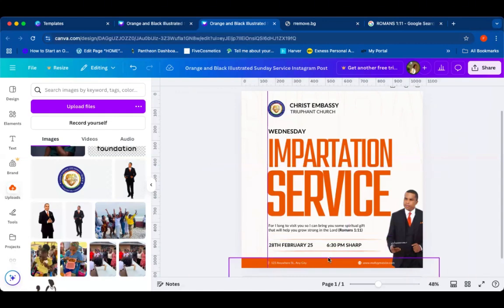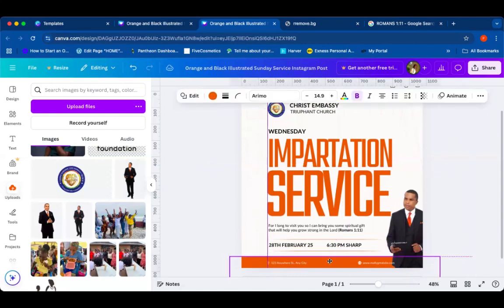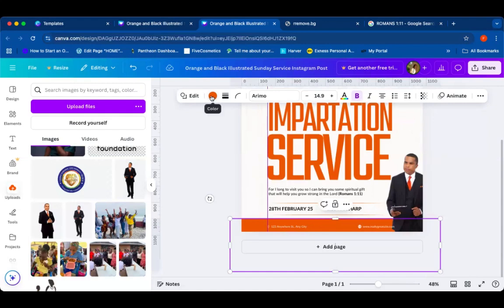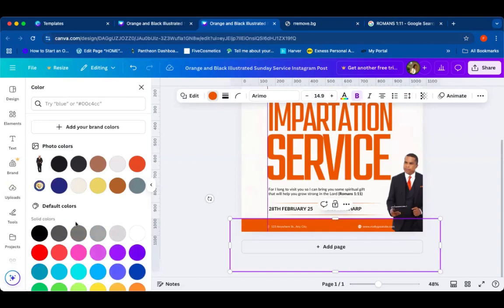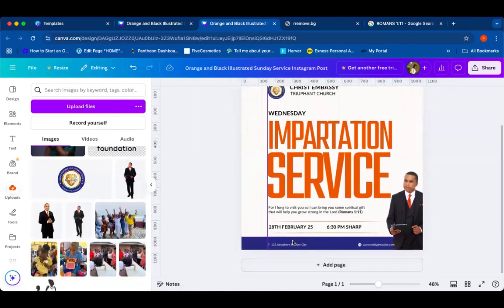Now you can see that I just made my shape bigger to cover this place. And then all what I'm going to do now is to change the color here. And you can see that if I've added an element to a design, the colors are showing here. So any color that is already in my design is showing here, right? So I can see there's a blue here. So I can pick any of the colors here, which is already in the design, instead of just going to pick an off color, which will not blend into my design. So I'm just going to pick this one here. Then I'm going to change,